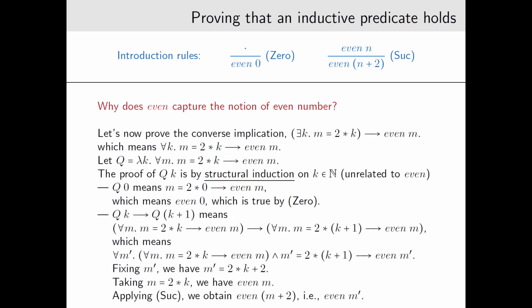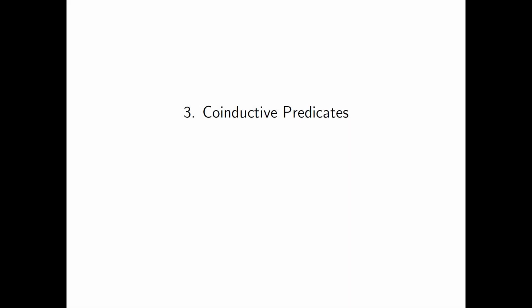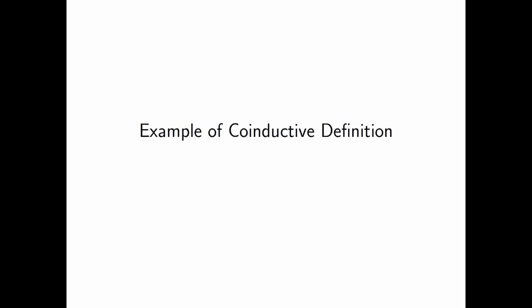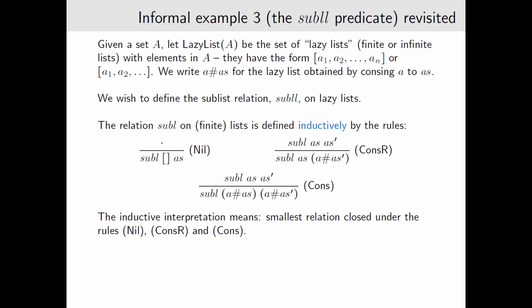All right. So welcome back to the co part. Now, let's get into the coinductive predicates, now that we warmed up with induction. So back to our running example of sublist. Now we are in the case where we talk about lazy lists, so possibly infinite lists, finite or infinite lists. And I'm using the same notations as for lists. So we have this relation